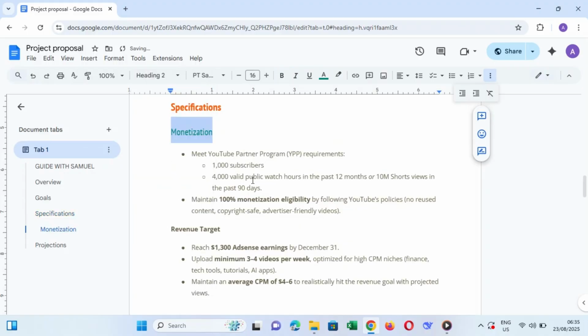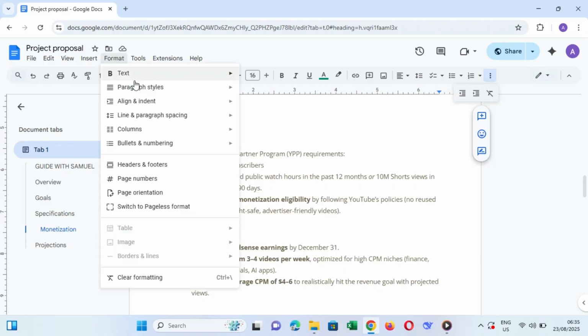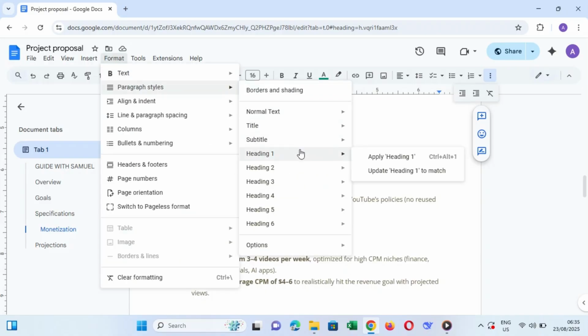Then, if you want to customize the appearance, format the text, the font, size or color using the toolbar. Click Format, Paragraph Styles, Heading 1, for example, update Heading 1 to match and that style will apply to all